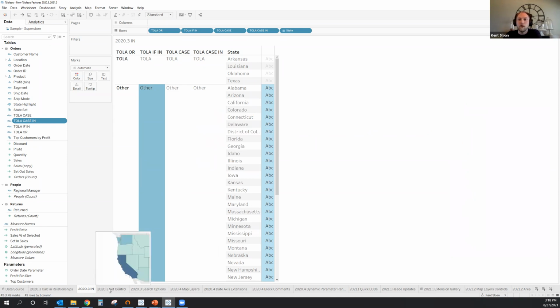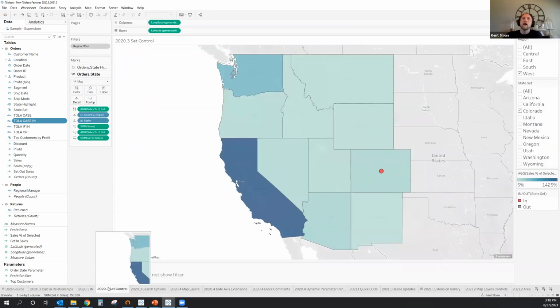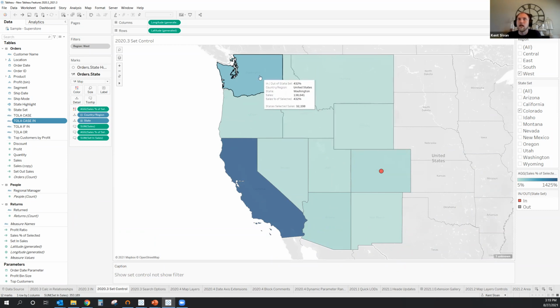The next one I'll call out here is set controls. Set controls are something that I haven't used as much, and I should look into more. Here I've set up a quick mock-up example. When I pick a given state, here I've got Colorado selected, my set action is triggering and being used in the calculation for the color coding here and in my tooltip. It calculates for each state what percent that state's sales are of the sales that occurred in the